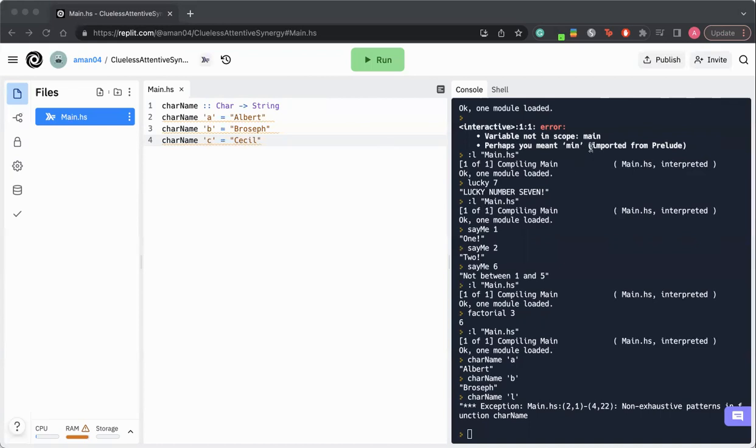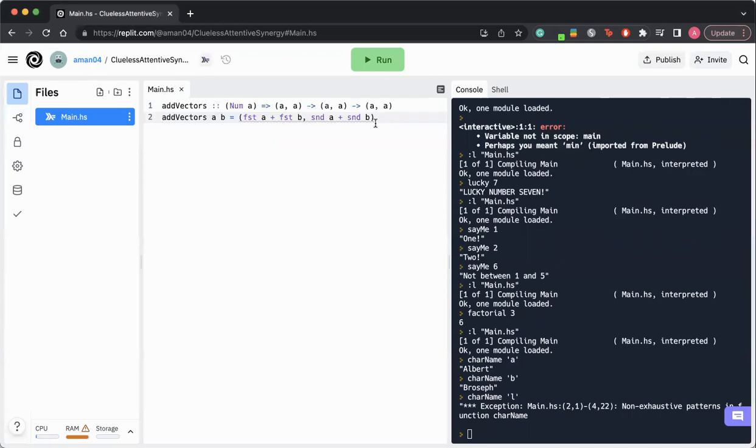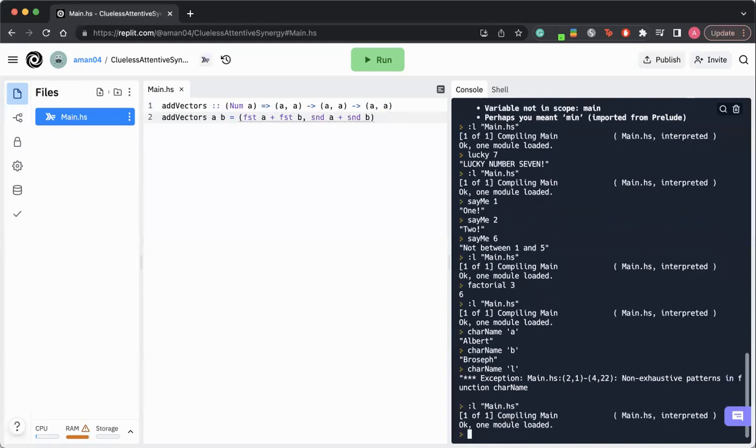Pattern matching, as we've discussed before, can also be used on tuples, not only characters and integers. So we can add vectors in this example code. So if I run this, add vectors,